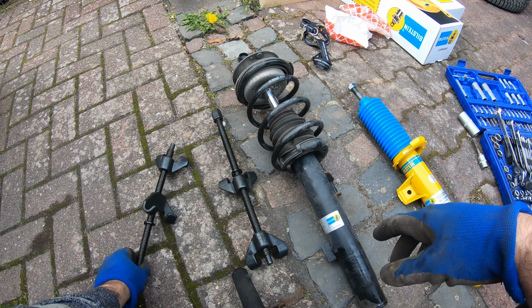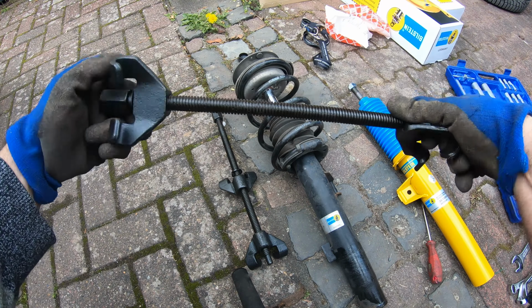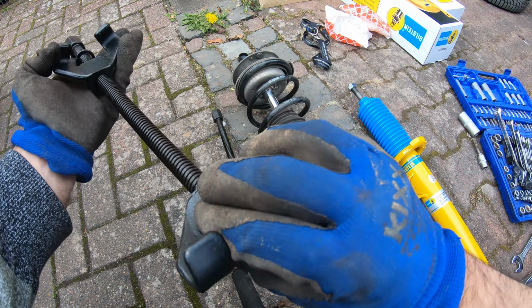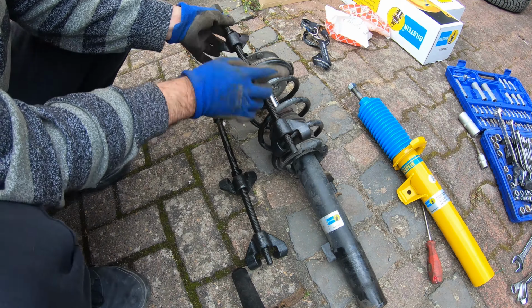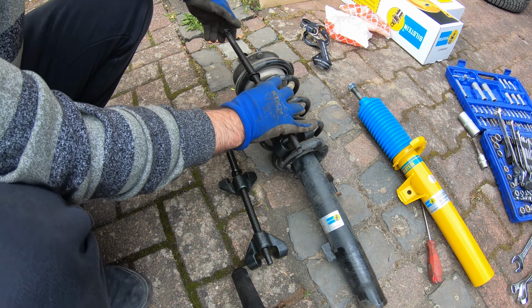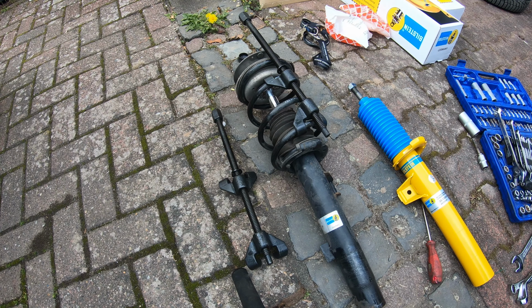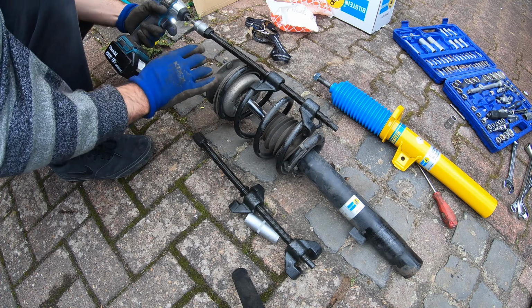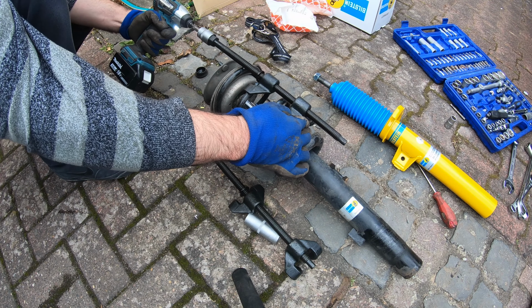All right, so we bought these spring compressors. They look pretty basic, just some regular iron or steel, whatever this is. And what we're gonna do is hook this up like so on either side, and then take the pressure off the spring. Now normally you should definitely not